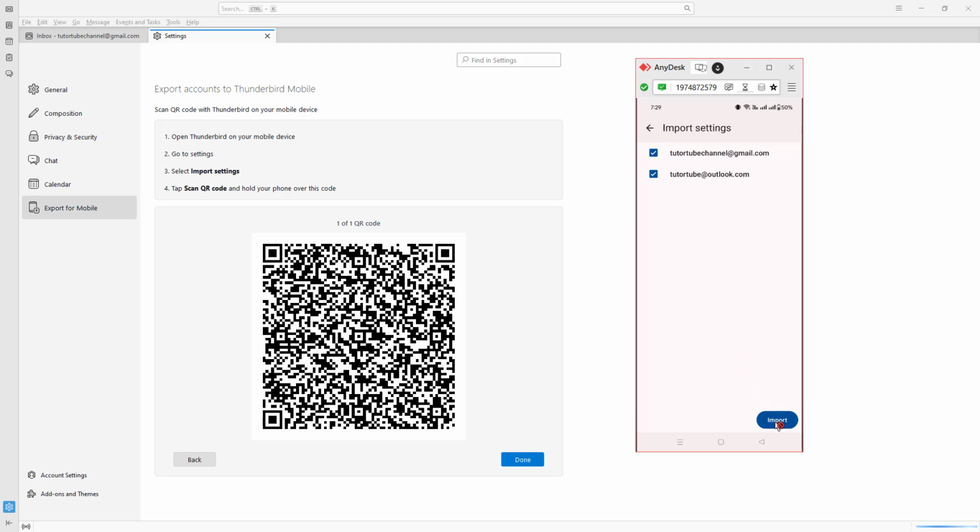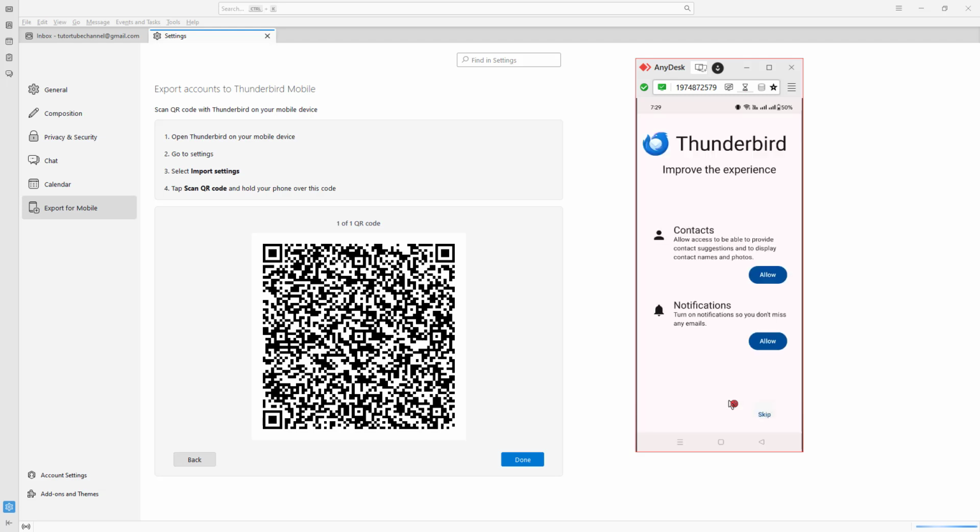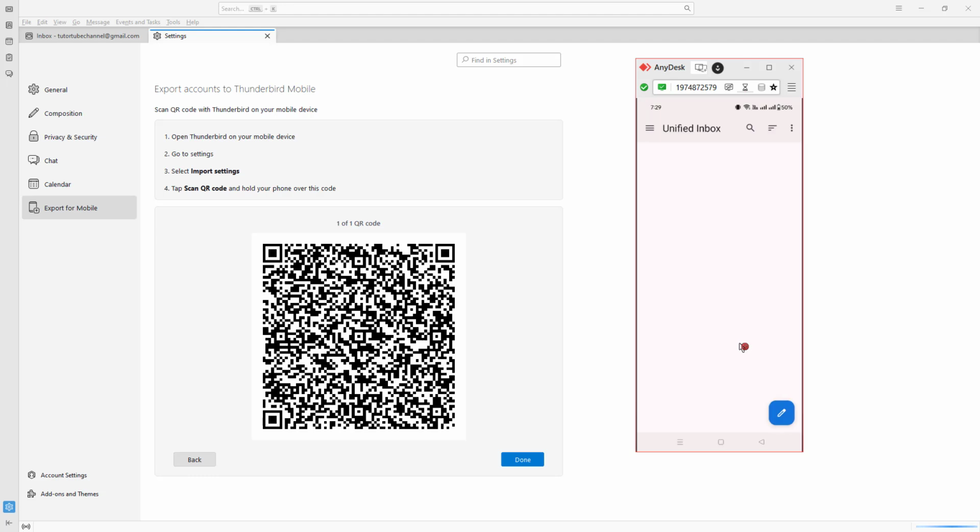Now what you simply need to do is tap on Import right here, just like this, and it says please sign in as well. You can also say later, and you can also import the contacts and everything. So if I were to do that, now what happens is that in my inbox